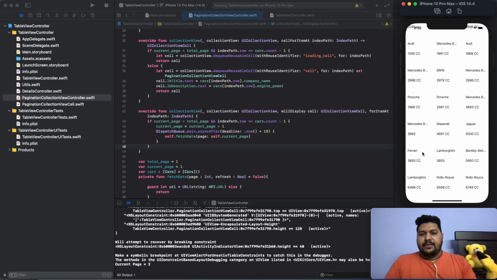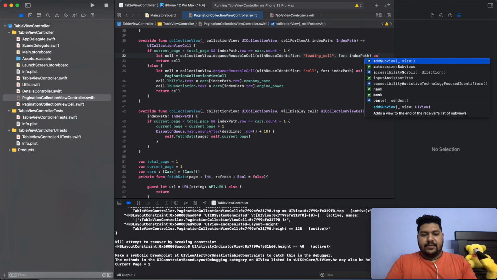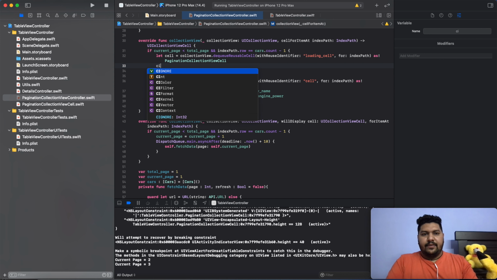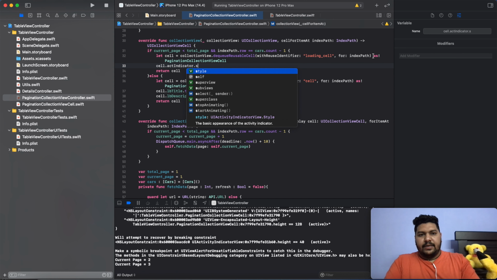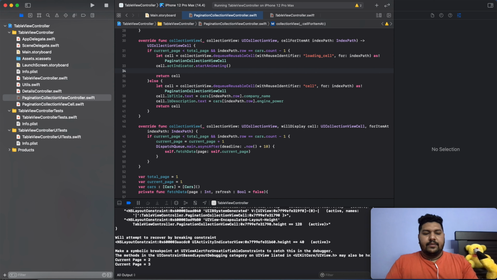The thing is that the indicator is not moving. So we can do one thing: in the pagination cell, we have access to cell.indicator, startAnimating true, and that's it.